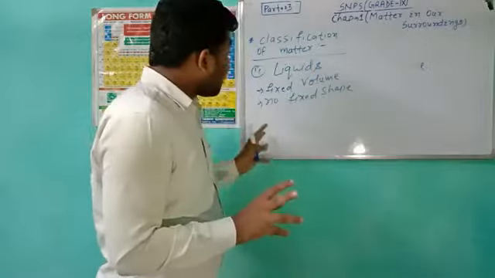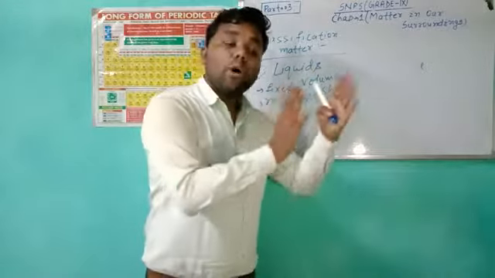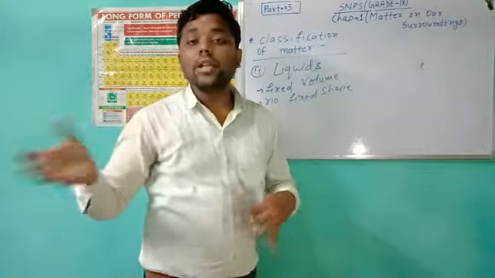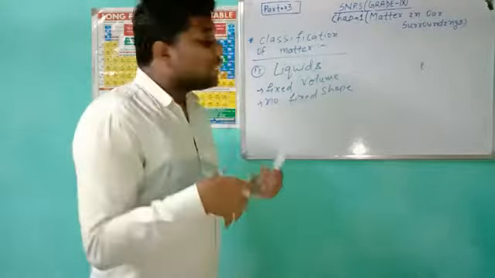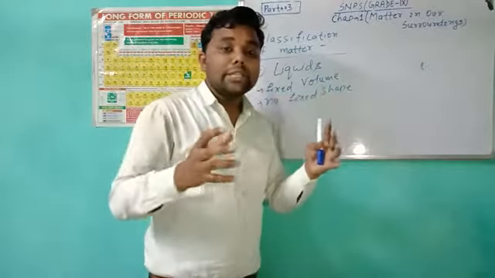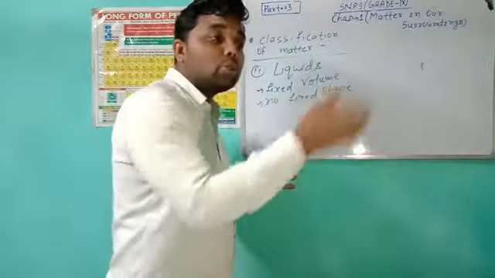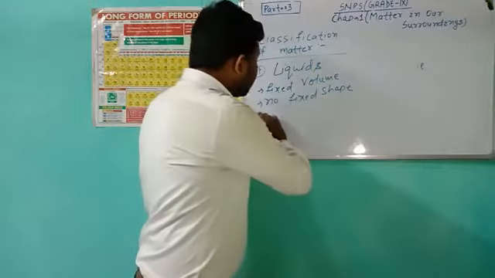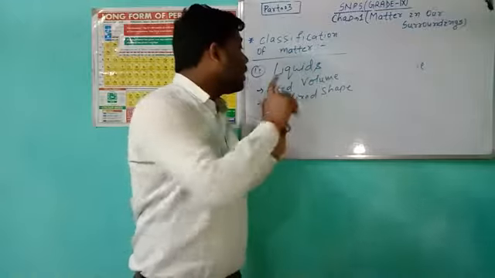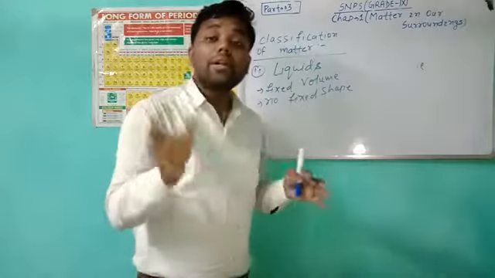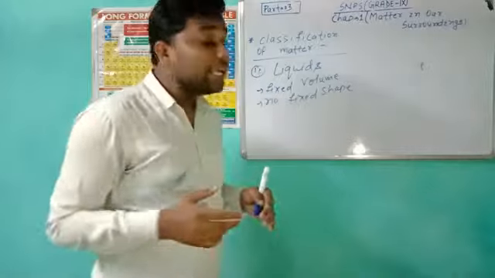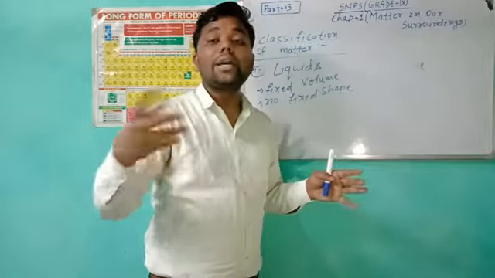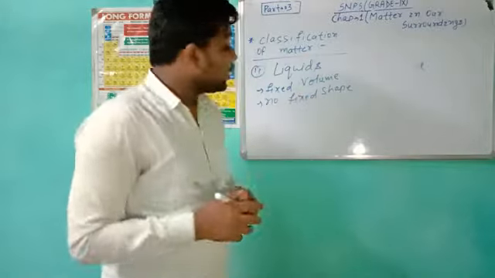But if we put 1 liter of water in a glass and then in another vessel, suppose in a balti, then we can say that it can change its shape from the glass to the balti. So the shape of liquids is not fixed. It can take the overall shape of the container that we put it in. Next is